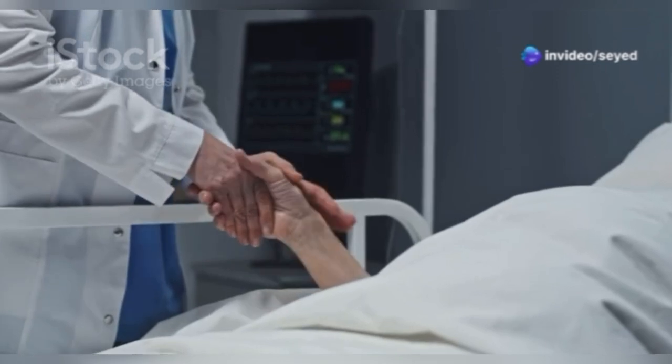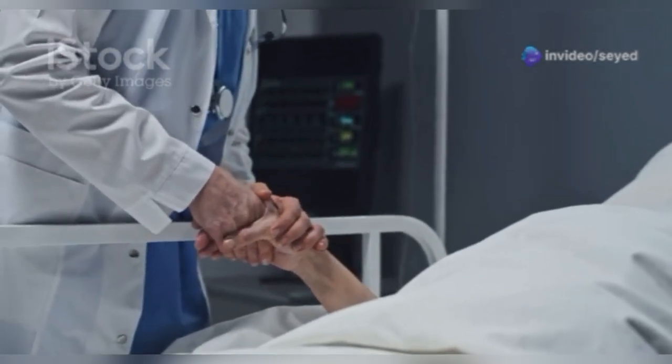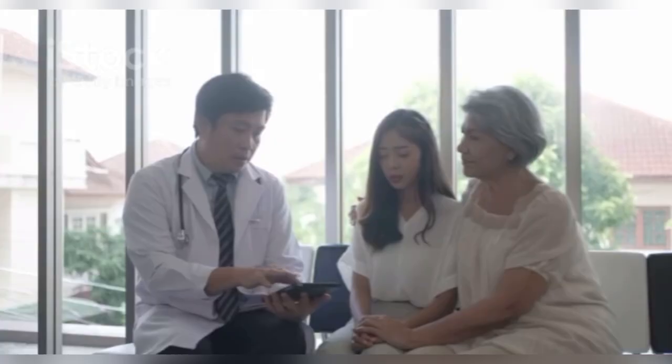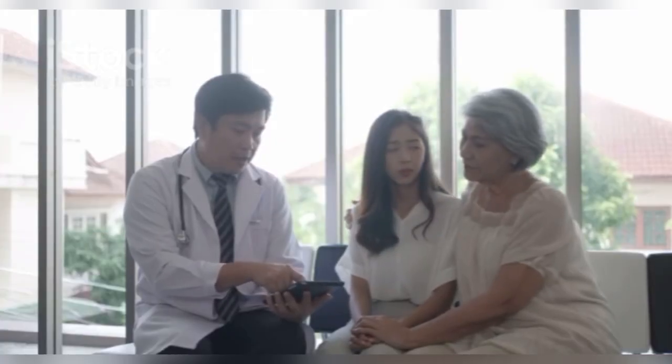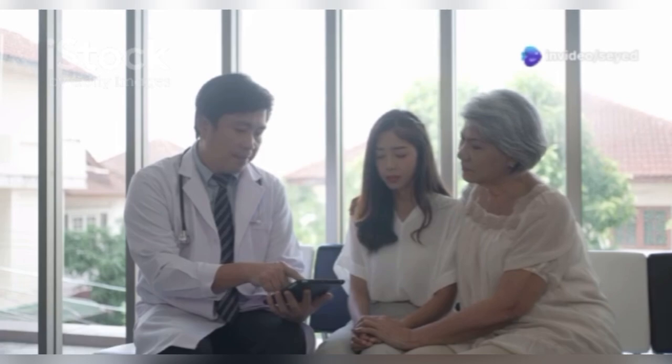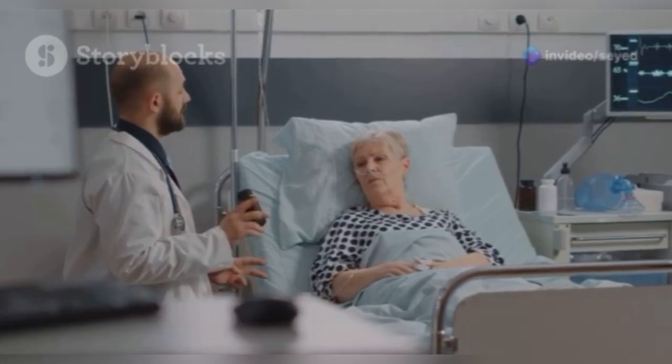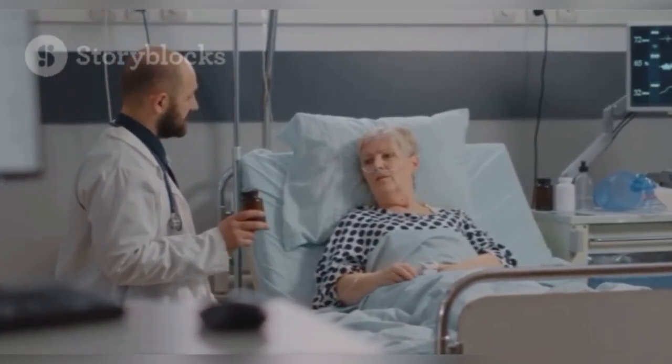Facing chemotherapy with strength means embarking on a courageous journey towards recovery. As you navigate this path, remember that you are not alone. Your medical team, loved ones, and a range of supportive therapies are there to guide and comfort you every step of the way. Among these therapies are medications designed to minimize side effects and keep your body strong, allowing you